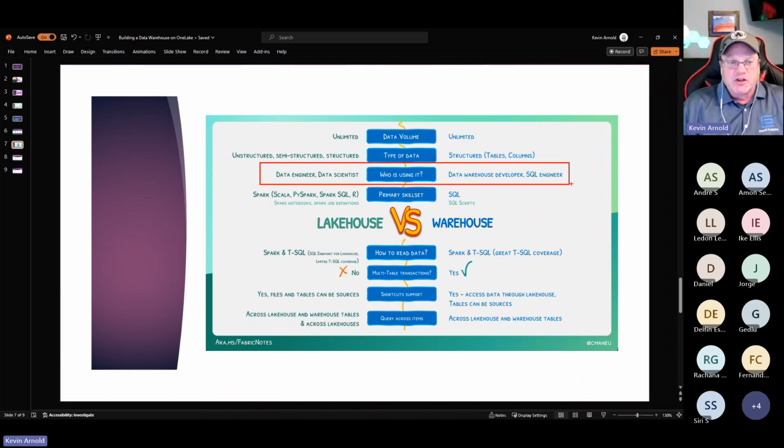What does your team look like? What are the skill sets that your team has should drive your first decision in your architecture on whether you want to introduce a Fabric data warehouse or a Fabric lakehouse? Because it is going to be those different skill sets to use it.